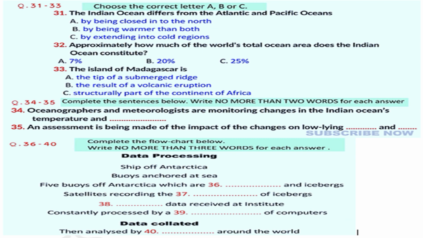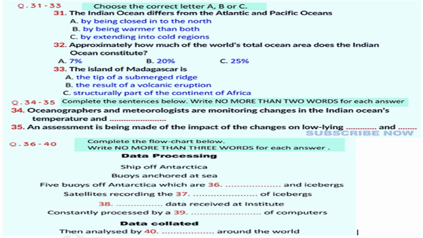In addition to the information sent from the ship that we have stationed off Antarctica, in the south of the Indian Ocean, data are being transmitted round the clock from buoys anchored at various points around the ocean. 5 of these buoys are observing ice packs and icebergs coming into the Indian Ocean from Antarctica. Besides the buoys, data on cloud cover and wind and temperature change are received by satellite.